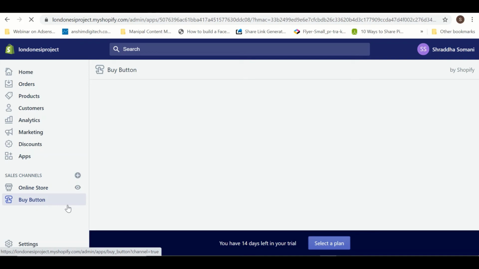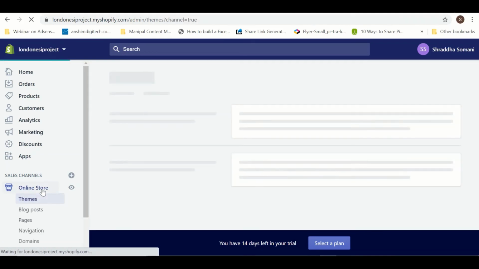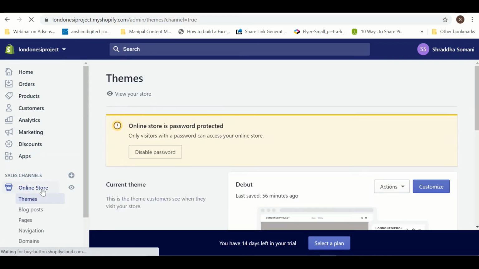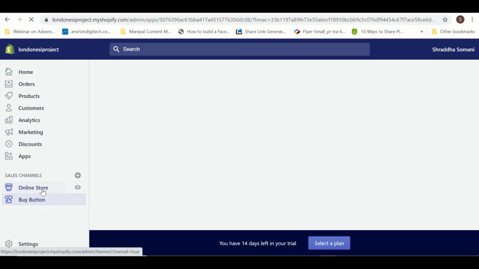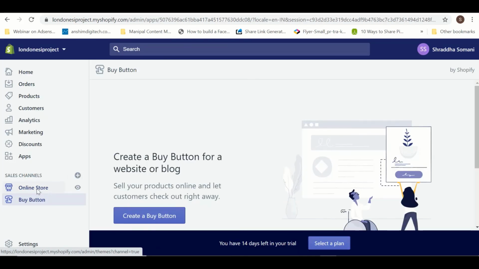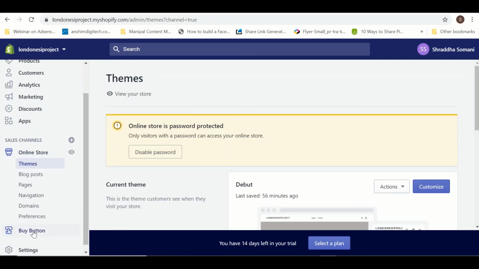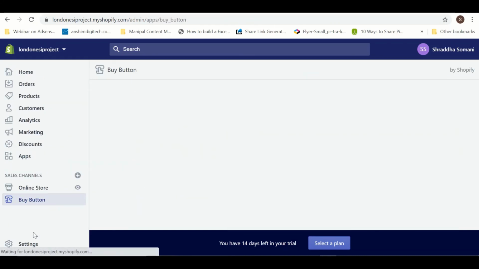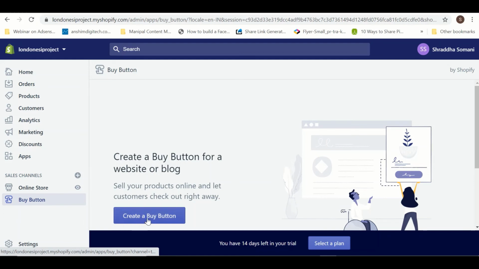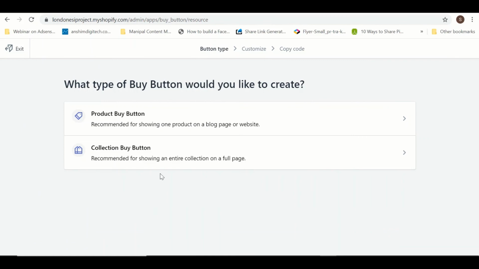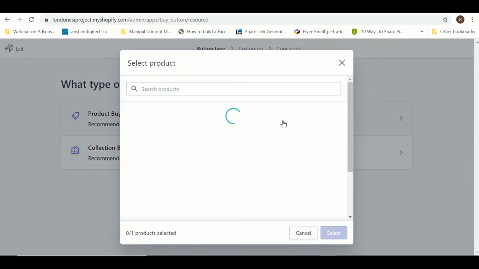Okay, so this is the kind of button that you will be getting. Now, say for example, if you want to create, so this is the button option. If you can see, I can create a buy button from here, a product buy button.